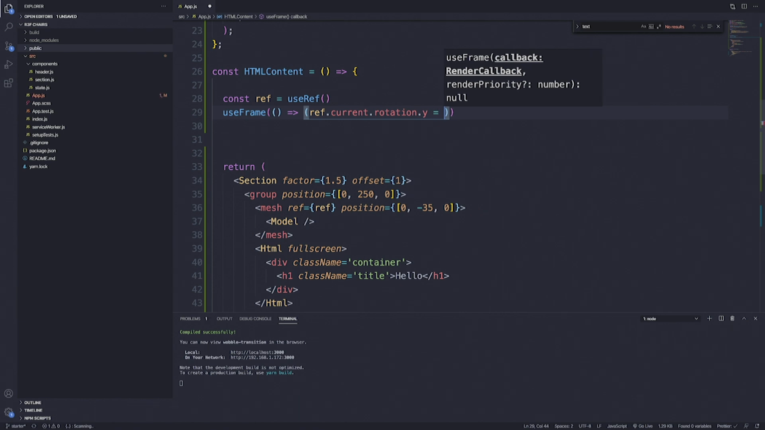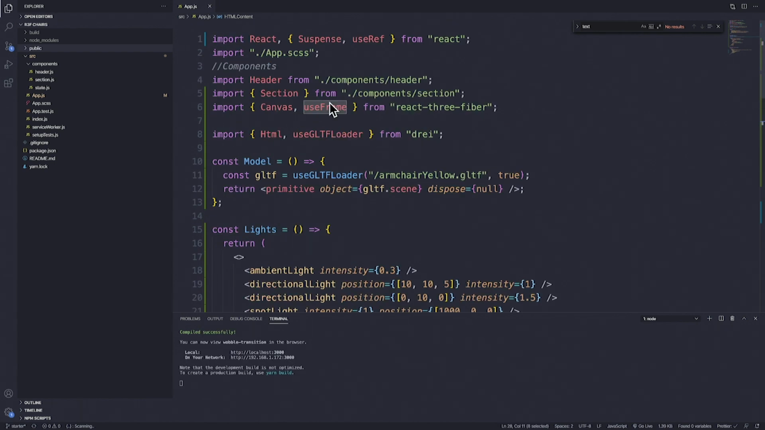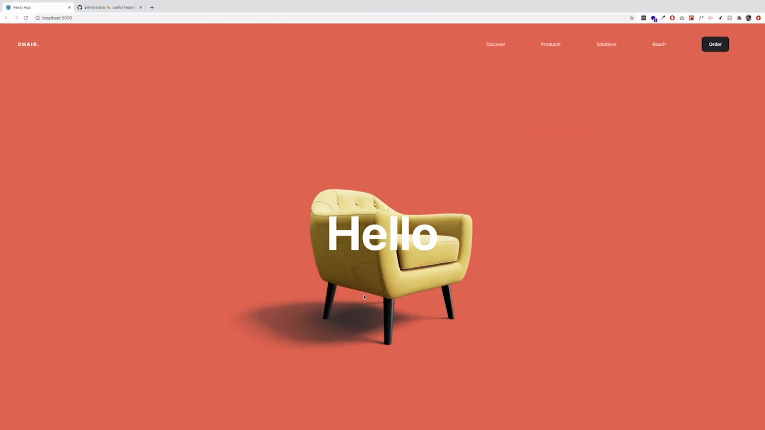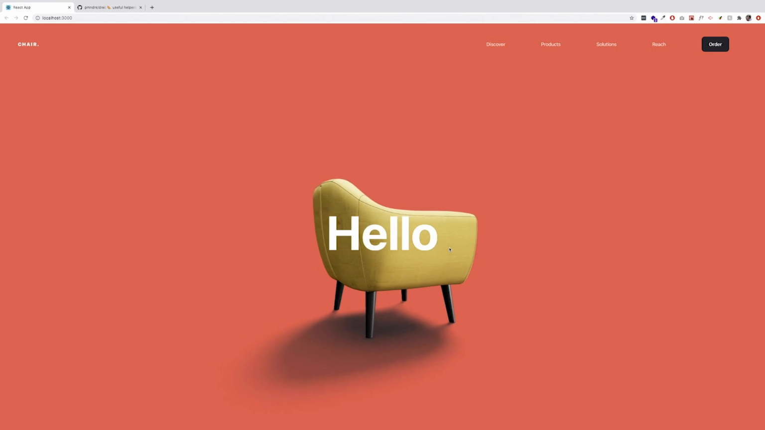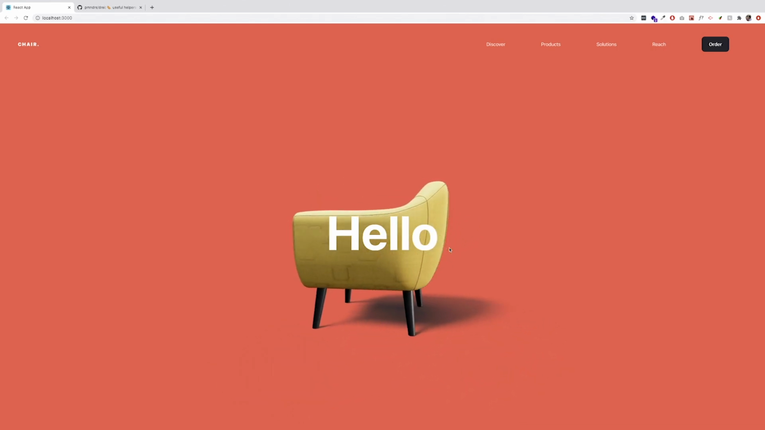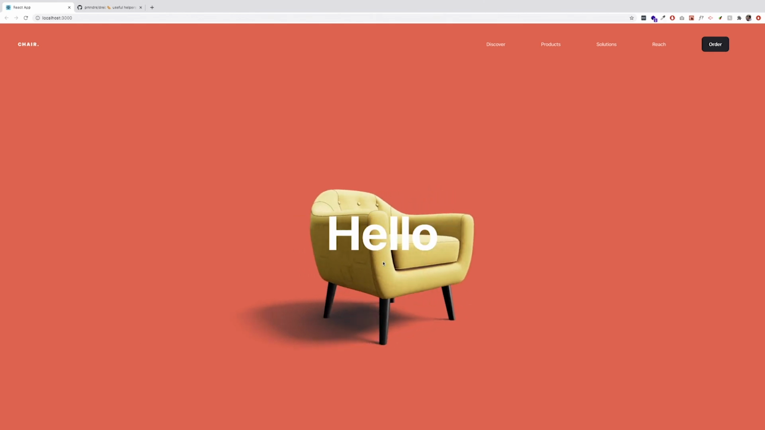.y is plus equal to 0.01. Let's go ahead and save this. And it auto imported useRef from React Three Fiber. So now if we take a look, you can see that this is now spinning in kind of just a circle, really, right? So it's just rotating as if we're just kind of showing off the chair,